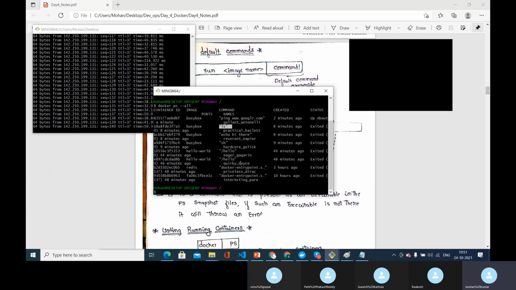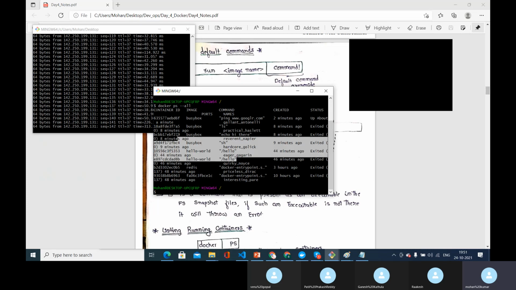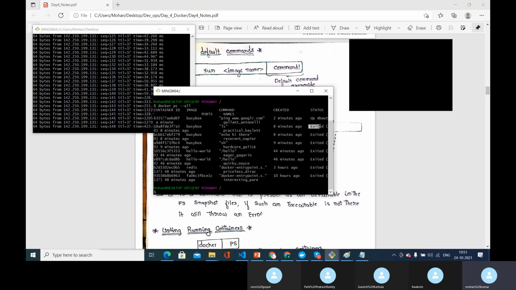These were all executed, and they also exited. They vanished, they are no more, and that's the reason you see the status as exited. But this is the container that is currently executing, or alive. This is how you see which containers exited and which are available. Now if I want to stop this container from running, there are two ways.